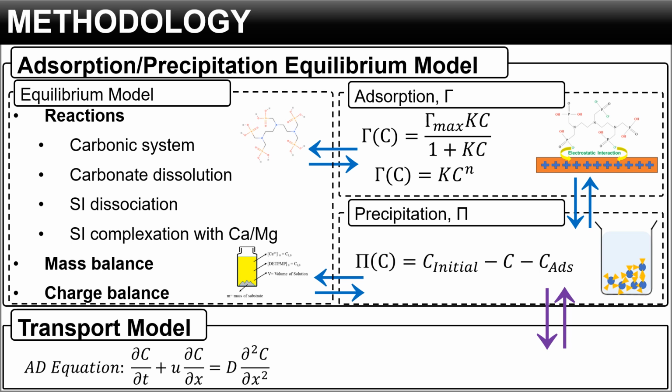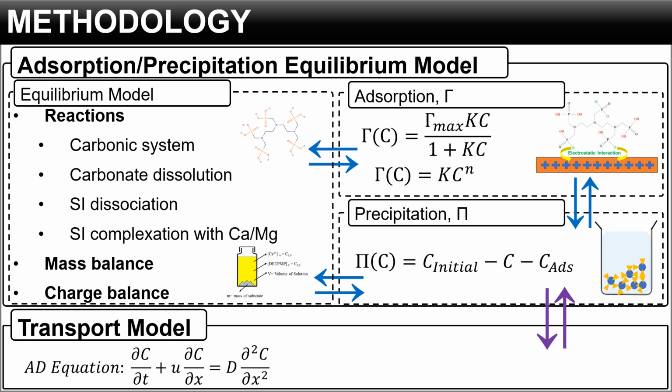The number of these reactions is variable and dependent on the protonation capacity of the scale inhibitors, because scale inhibitors are modeled as weak polyacids in this system that can be protonated to some degree and coupled to the calcium and magnesium ions. So when we are talking about the species in this system, we are talking about, for example, nearly 44 species for the case of the DTPMP calcite brine system. Then we are considering all these reactions